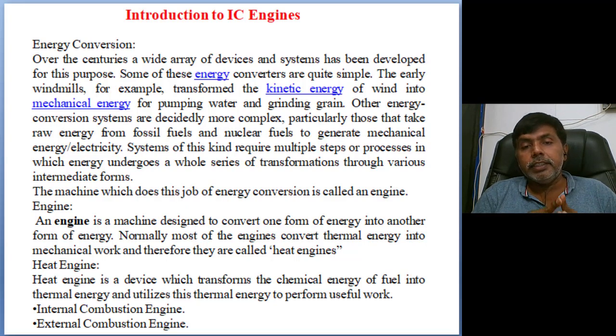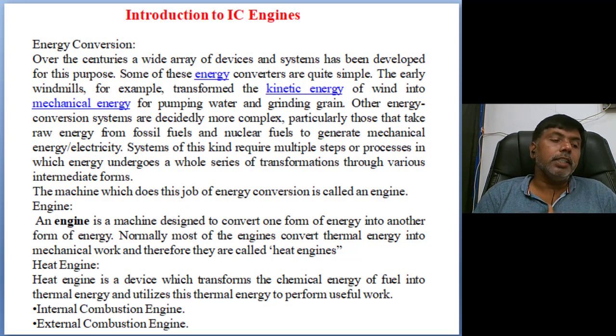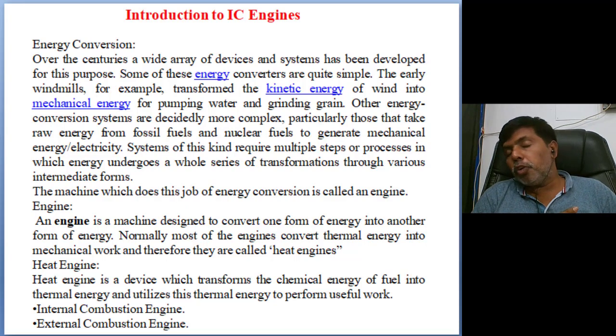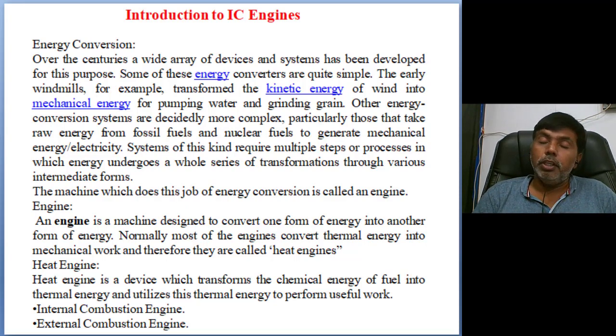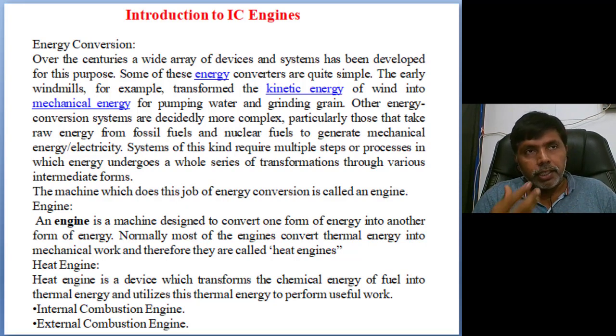Heat engines are generally classified into two types: internal combustion engine and external combustion engine. If combustion takes place inside the engine, it is called an internal combustion engine. If outside the engine, it is called an external combustion engine. All power plants are external combustion engines. All automobile engines are internal combustion engines. The processes of the cycle we know are suction, compression, combustion, expansion and exhaust. These five processes are the common operation of the cycle for an internal combustion engine.